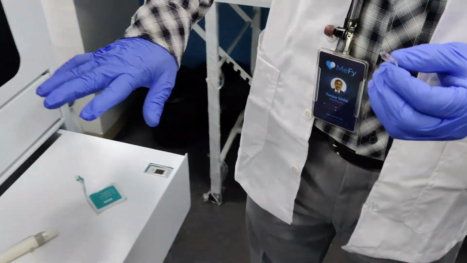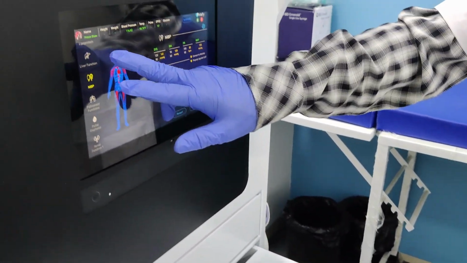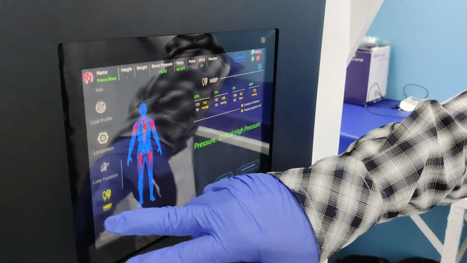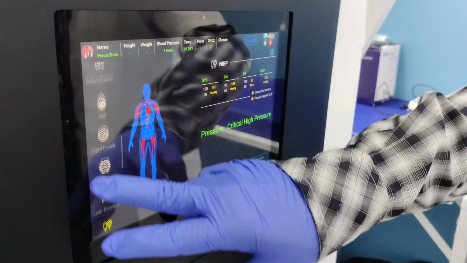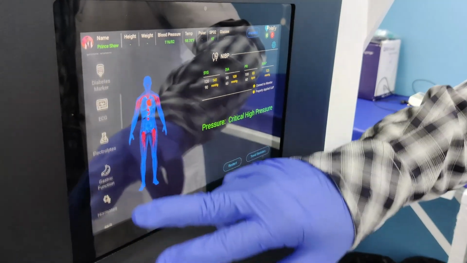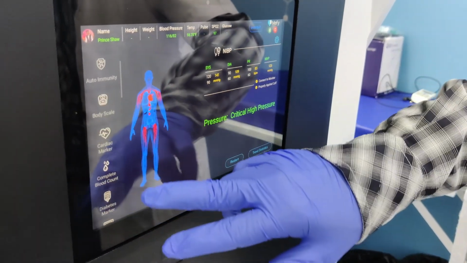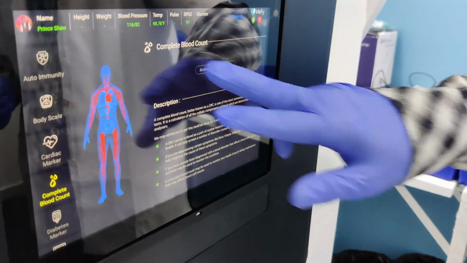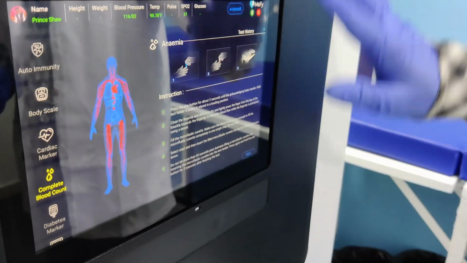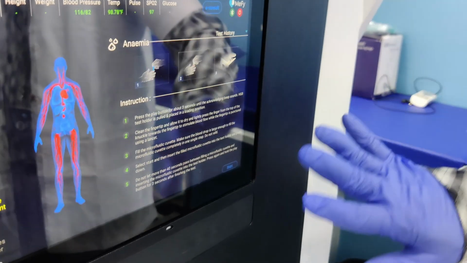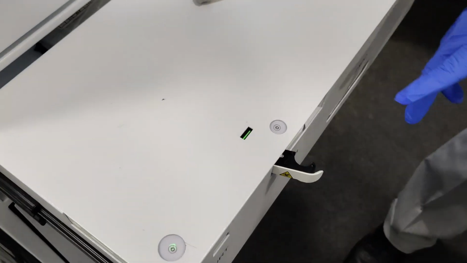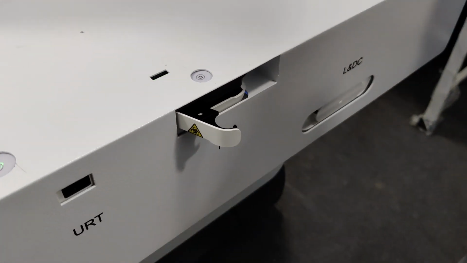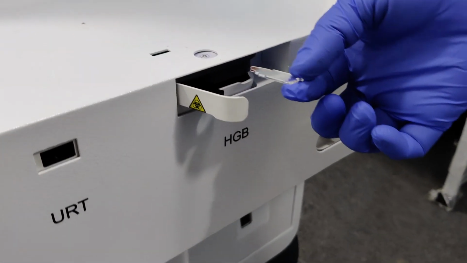Now next I just need to make the selection for the anemia test that we are going to perform here. So we do a test selection here under CBC. We select anemia, and it is ready. So we just have to say start and open the channel here for your anemia test. Put it inside here.